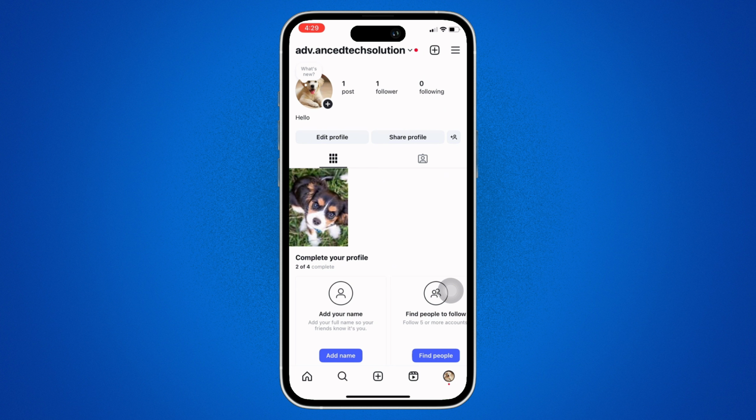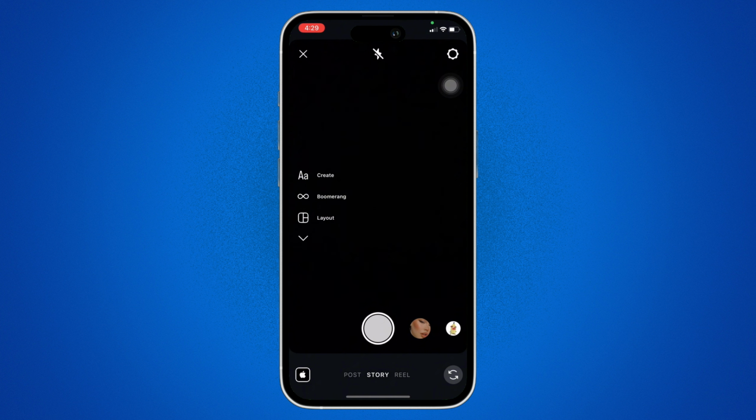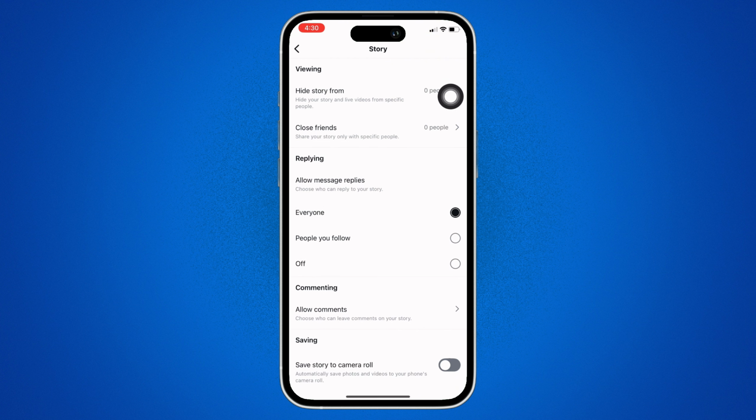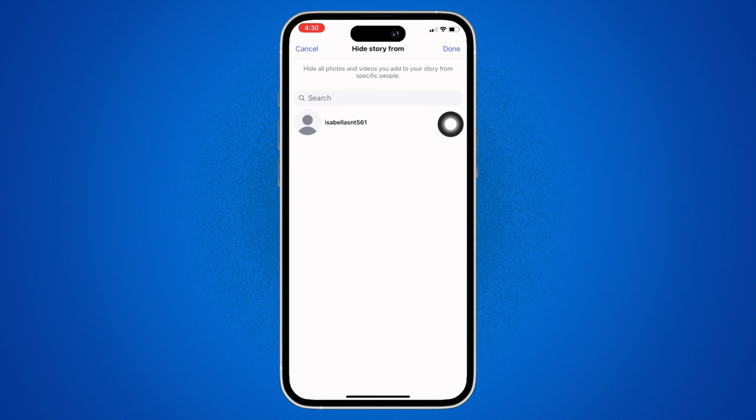See if the issue is fixed or not, and if not, then open Instagram again and go to the interface from where you add story. Further, tap on the settings option on the top right of your screen and then tap on the story option. Ensure that hide story from is set correctly and make sure that you have not restricted Instagram's access under these